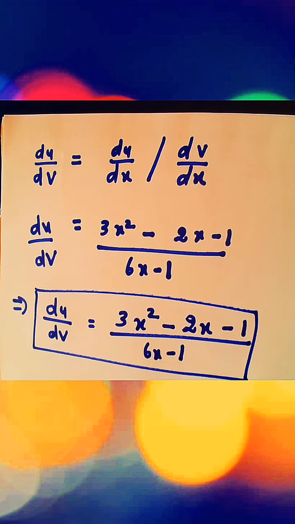Understood? Now the task is, you have to take page number 550. Okay, and then you can take exercise 5J from your textbook. You can do the first problem. Second problem I have already done. Okay, x square with respect to x cube. Take u as x square, v is x cube. Differentiate u with respect to v. Okay, the same method how I applied for the previous problem, same method you can do it.